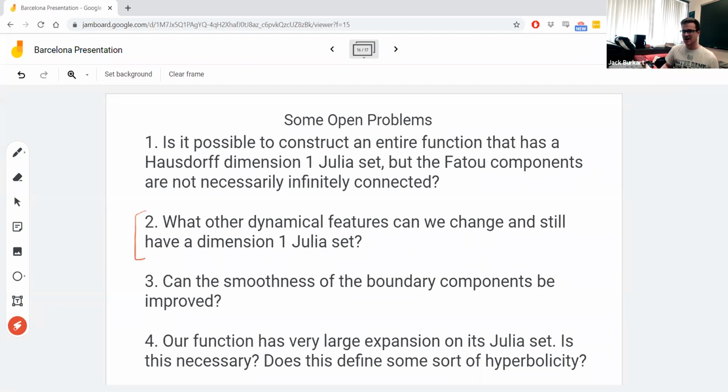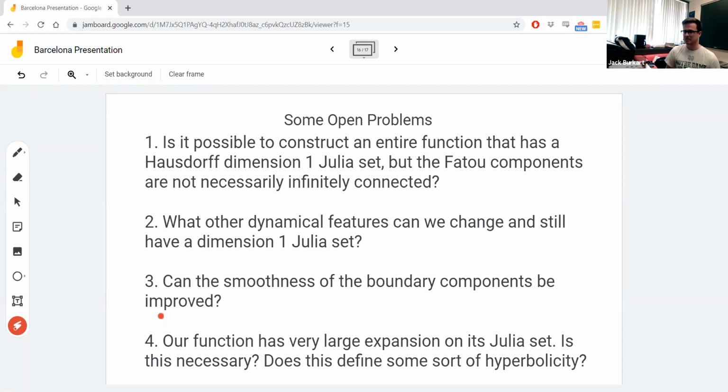And along these lines, can we have other topology, like what other dynamical features can we change and still have a dimension 1 Julia set? We really only have one example right now, but Kirill and I have some ideas on ways to change the dynamical features to get new examples. So we're working on this, thinking about what are necessary dynamical conditions to have dimension 1 or other interesting properties. I think it would be very interesting to see how our construction could explore these sorts of questions. And then the third thing that I want to mention, and then maybe we'll stop, is can the smoothness